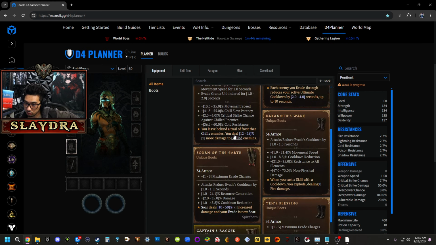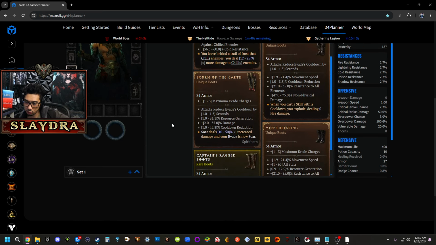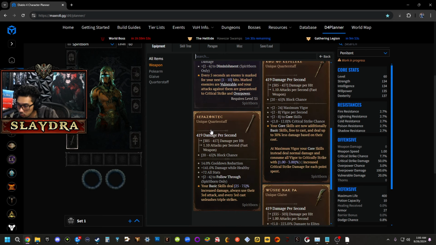Is there any special boots for the class? Soar deals increased damage, and your evade is now soar. Oh, that's pretty cool. Get some resource gen on those, but let's see, what else do we have? Your core skills are basic skills, free to cast, and deal 30% less damage based on their cost. At maximum vigor, your core skills instead deal normal damage and will consume all vigor to critically strike with increased critical strike. Okay, that was kind of nice. You get up to 8 core skills? Oh, vigor per second. What the heck is...